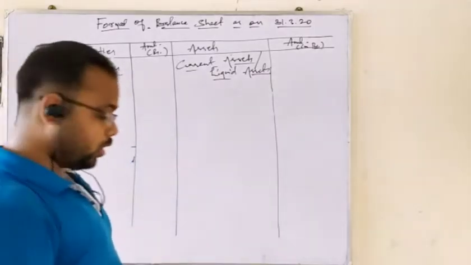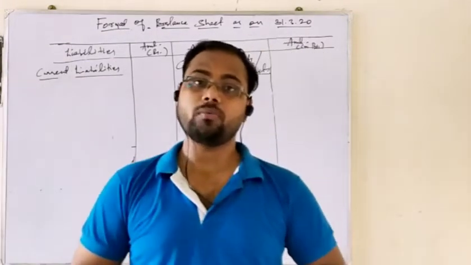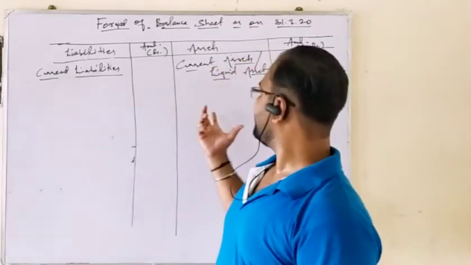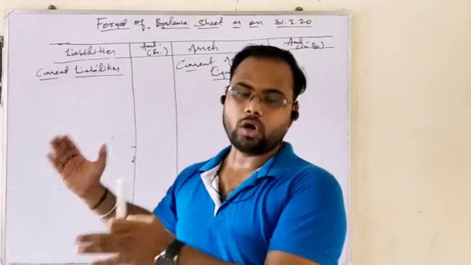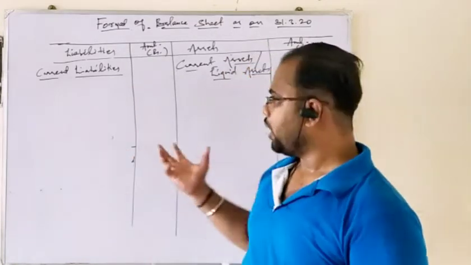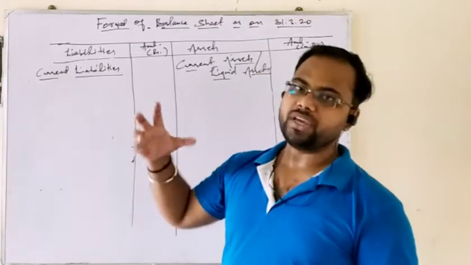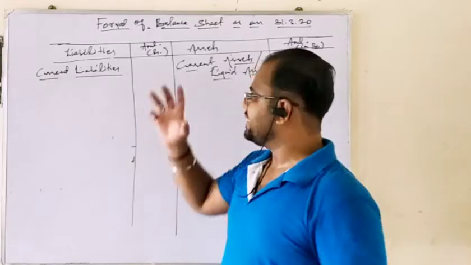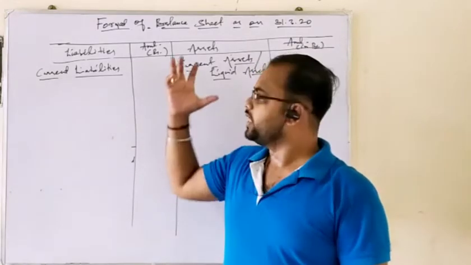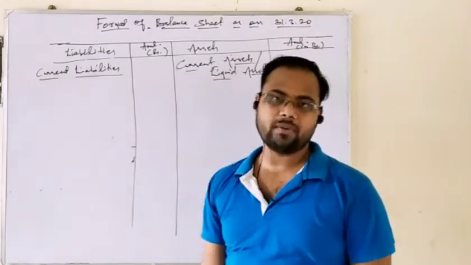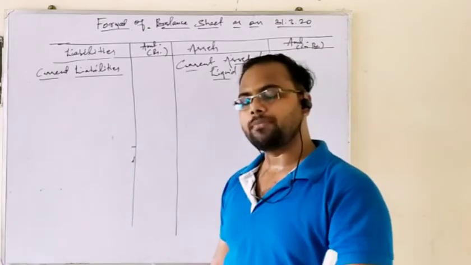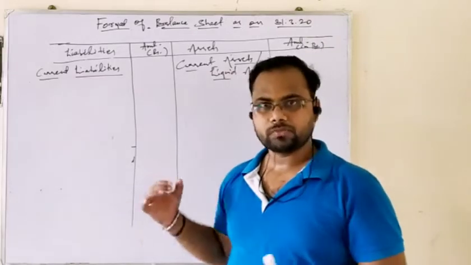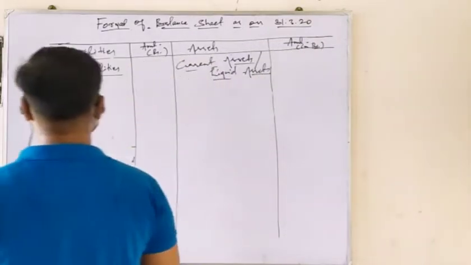I have mentioned that there are two orders of preparation of a balance sheet, that is order of permanence and order of liquidity. In the order of liquidity, the current liabilities and current assets are written at the front or on the top. That is the difference. Now I am following the order of permanence. But if you follow the order of liquidity for preparation of the balance sheet, then the current liabilities and current assets are written on the top. After that, the remaining assets and liabilities are written. So those are the two types, order of permanence and order of liquidity. There is no other format for preparation. Clear? So we shall discuss the current liabilities.